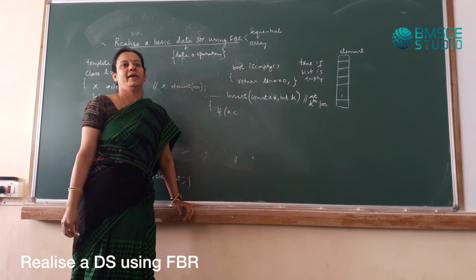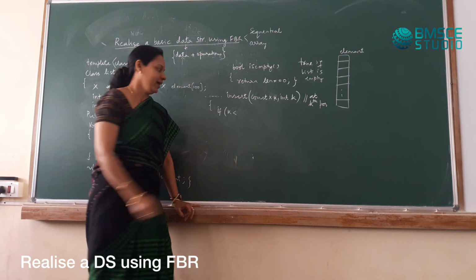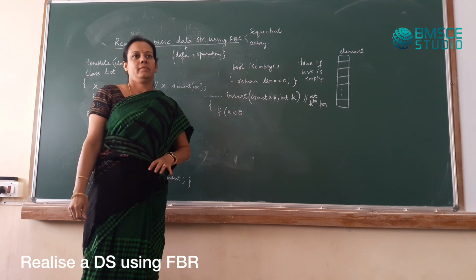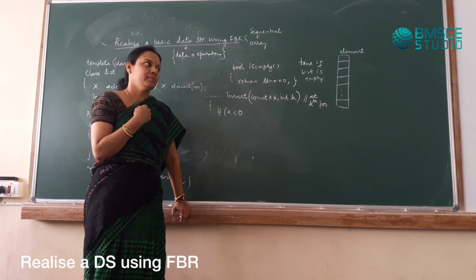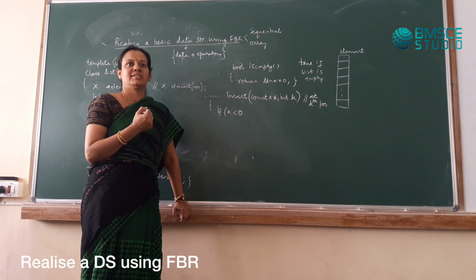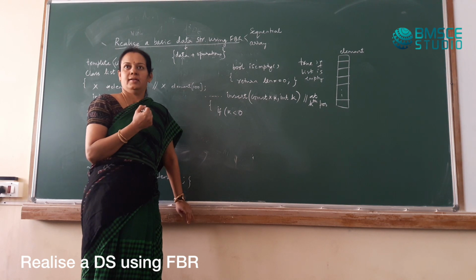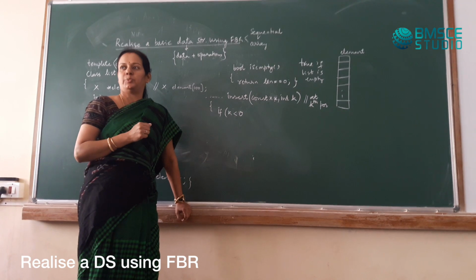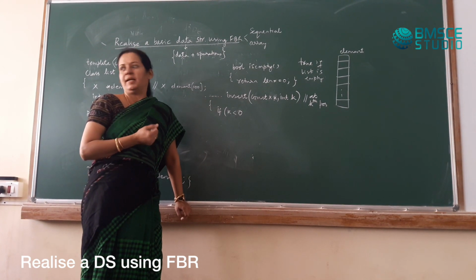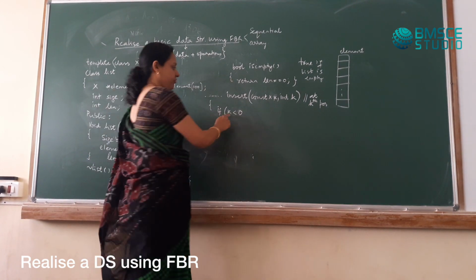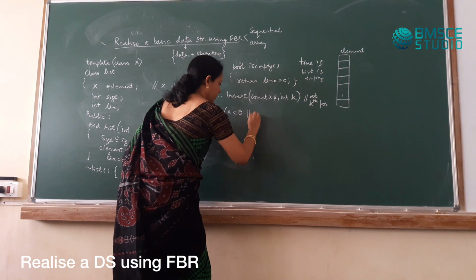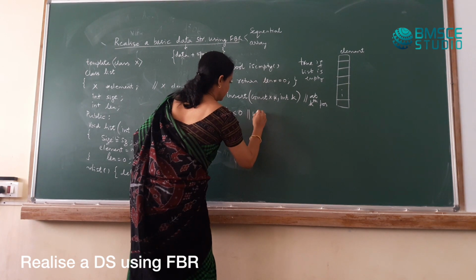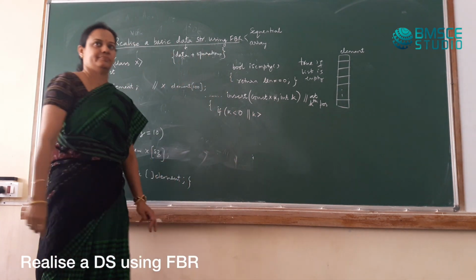What is the minimum value that k can take? 0. If k less than 0, should I make it less than equal to? Less than 0. Greater than 0. No. 0 is for us, but for the user it will be the first data. Correct? With this, can the user store a data in the first position? It depends on how we write. He can. If k less than 0 or k greater than size.